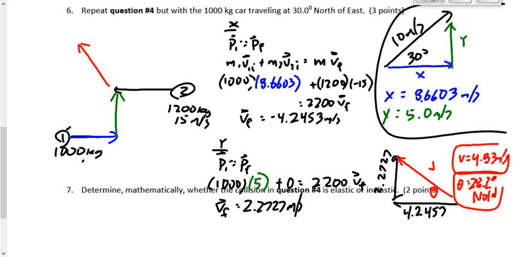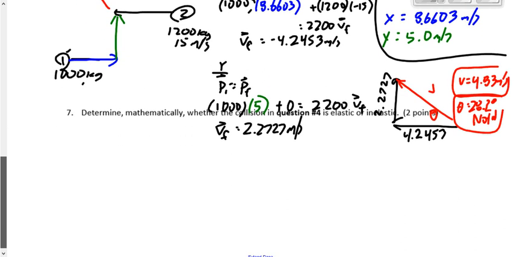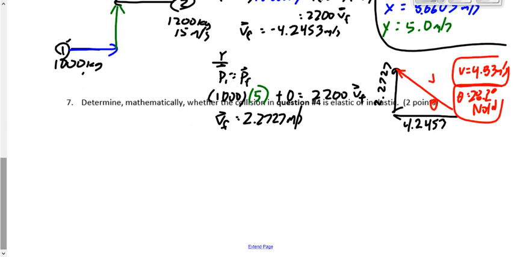And then finally, the last question says, determine mathematically whether the collision in question number 4 is elastic or inelastic. It was supposed to say number 5, but I wasn't worried whether you did 4 or 5 for this, because the method that you would use, the rationale that you use was exactly the same. And the result, the numbers are different, but the result that you would get would be exactly the same as well. In the end, question 5 and 6,